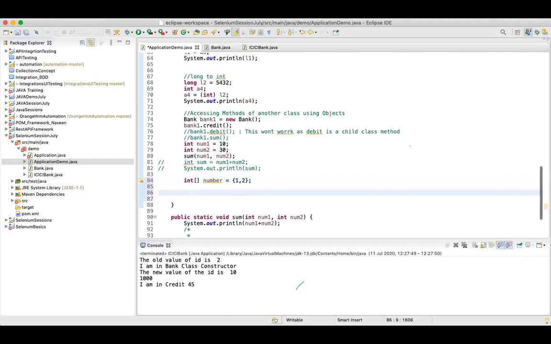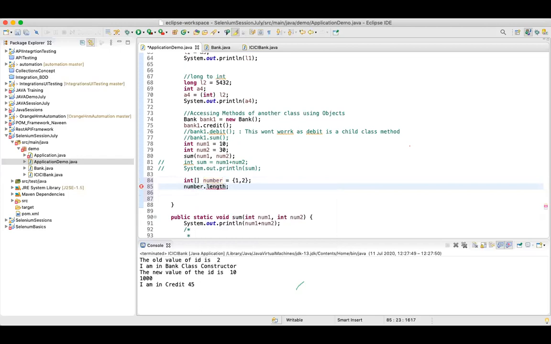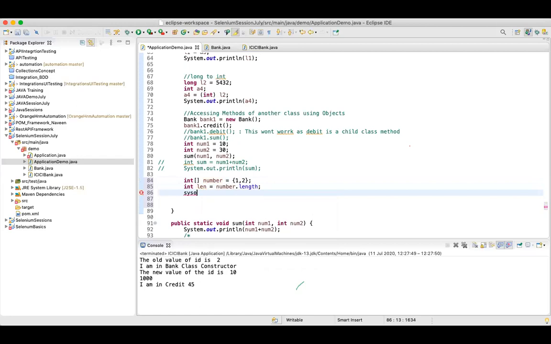Now if I want to get the length, simply number dot length. Length is a property, and this is returning me the length of that particular array. So I can say integer length is equal to something, and then I can print.